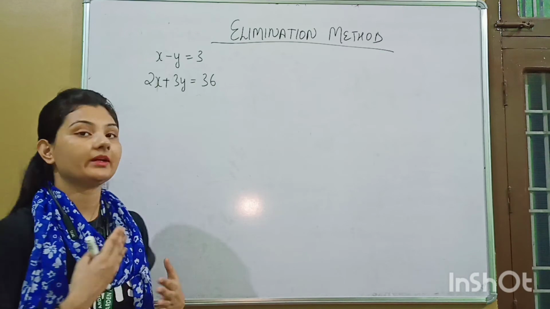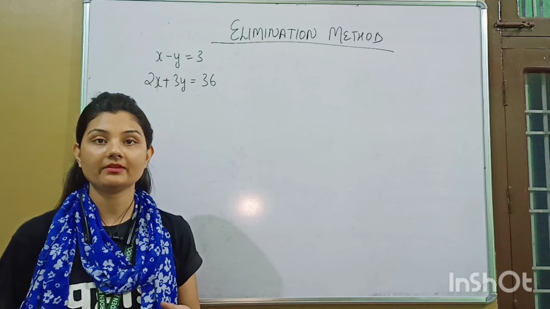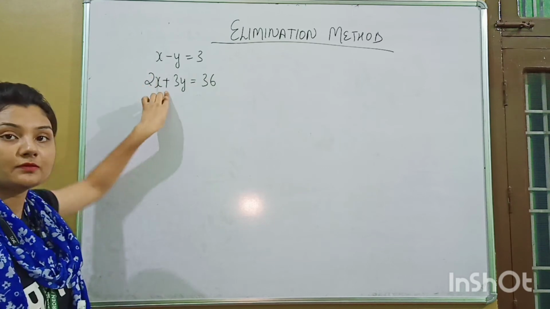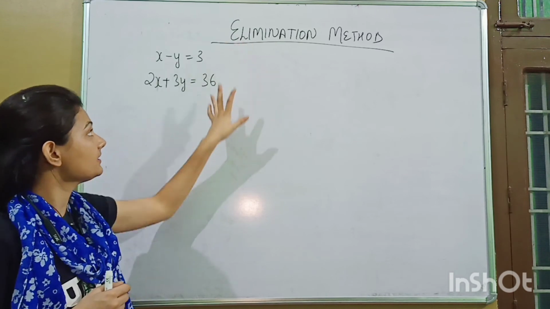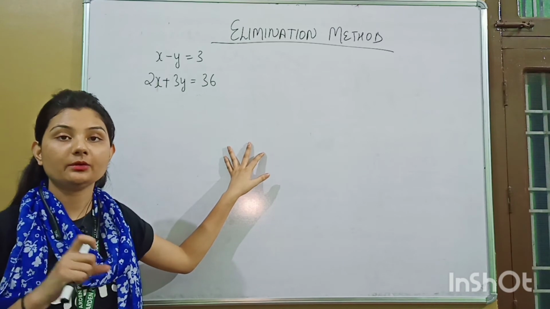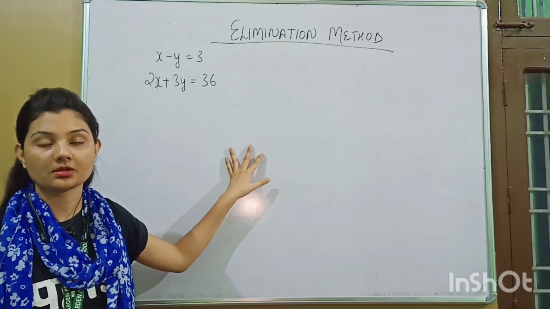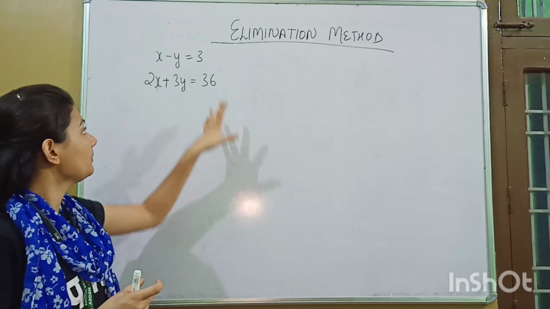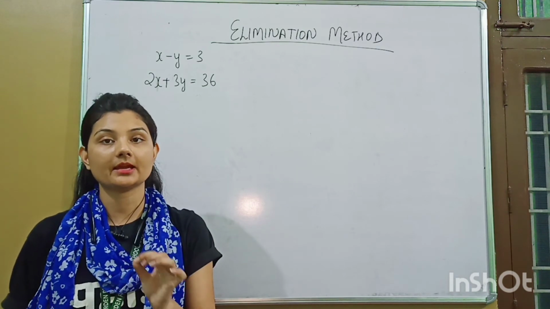ठीक है, उस वेरिएबल को एलिमिनेट करना ज्यादा इजी होता है जिसके साइंस ऑपोजिट होते हैं, because at that time we can only add the equations. So here y is negative and y is positive, so it is easy to eliminate this y from here. But if you directly add these equations, then y will not be eliminated. So what you have to keep in your mind is that while doing the elimination method, either you are adding the equations or you are subtracting the equations, the coefficient of the variable you want to remove should be the same. जिस भी वेरिएबल को आप रिमूव करना चाहते हैं उसके कोफिशिएंट्स हमेशा सेम होने चाहिए.